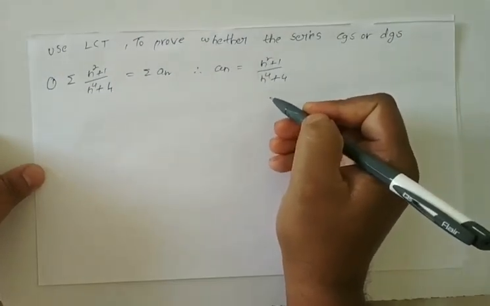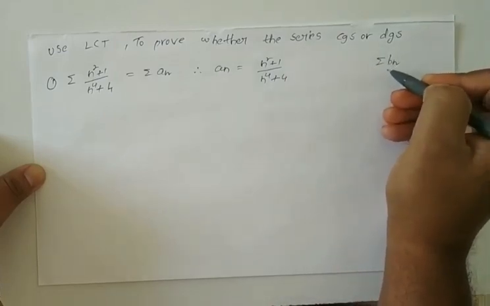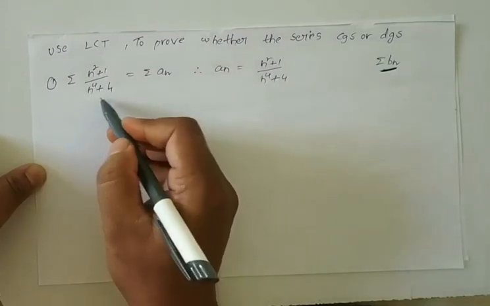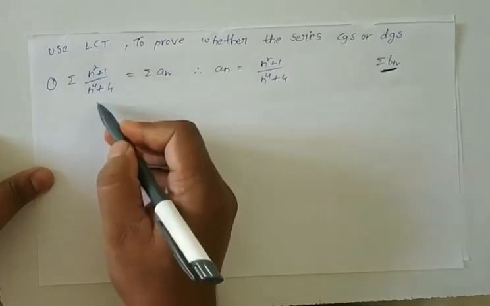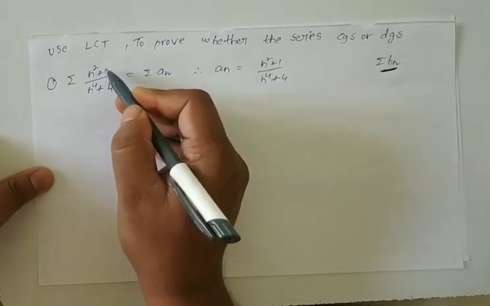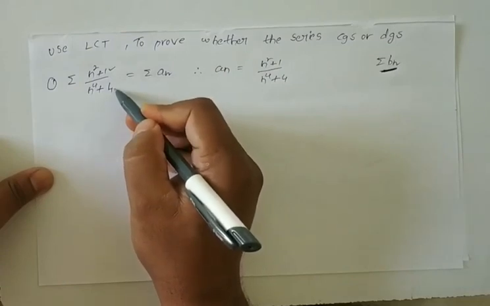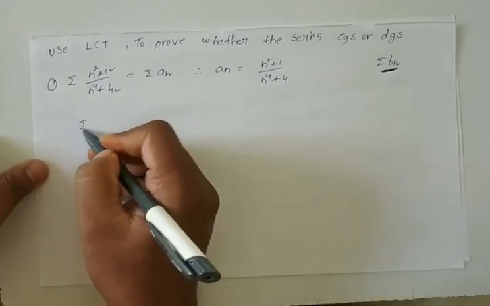Now we want to choose another series, that is summation Bn. Let us see how to choose this series. You observe that in the given series summation An, the numerator is in terms of n, and the denominator is also in terms of n. So for choosing the series summation Bn,